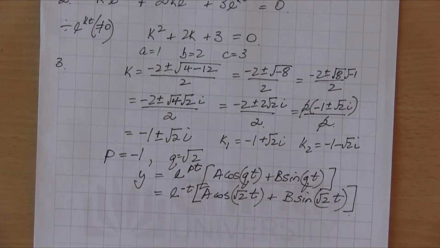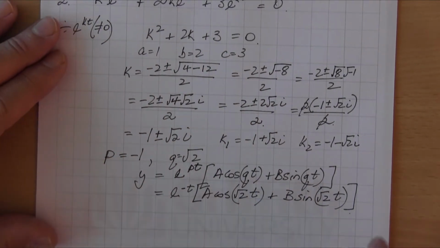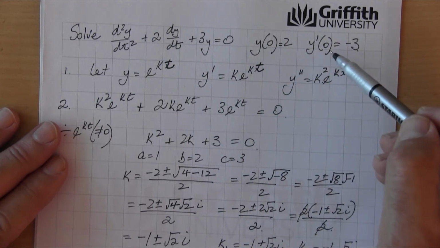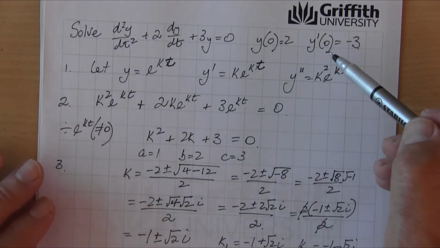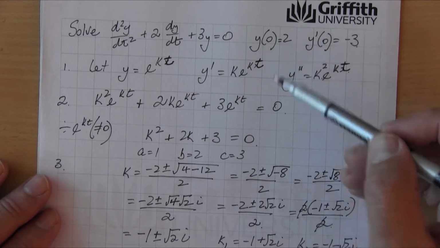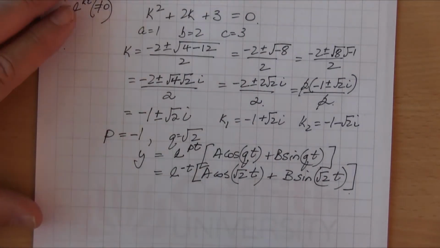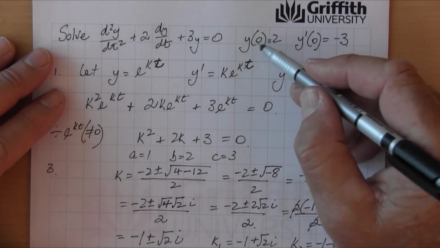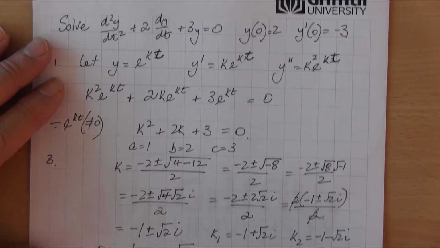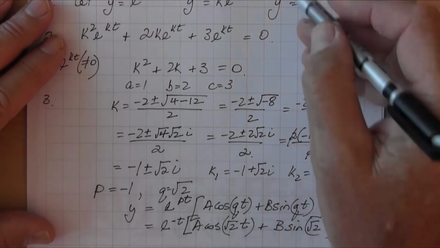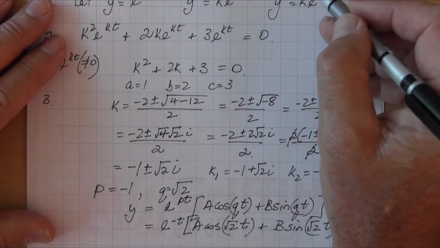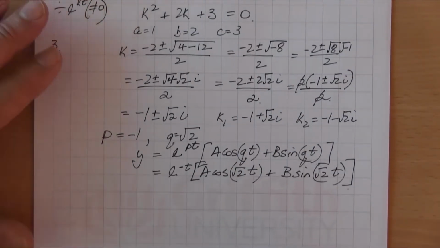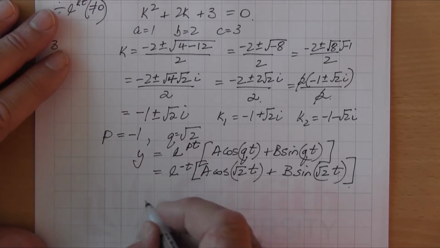Okay, now that would be the general solution of this differential equation up here, but we've been given some initial conditions, so it will allow us to work out some of these values a and b. So we need to find out the derivative. We can substitute in this answer we've got here, but we also need to find the first derivative of y as well. So we've got y dash